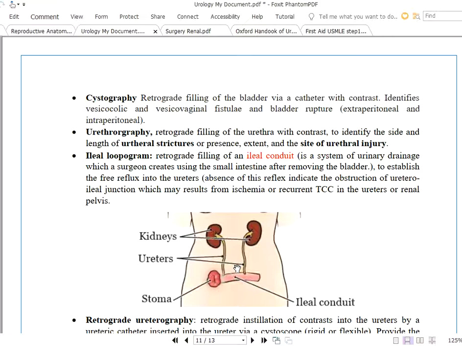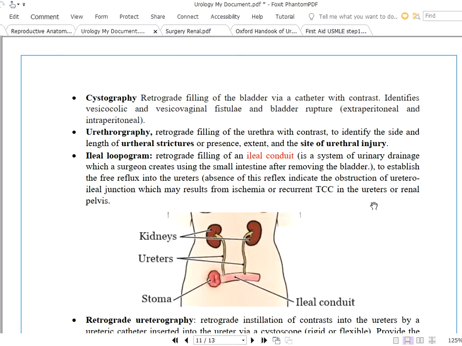If it moves up, it tells us that there is no obstruction at the connection that you have created. But if the dye cannot move up, this is a problem. This is where they say that absence of this reflux indicates obstruction of the ureteroileal junction, which may result from ischemia or recurrent transitional cell carcinoma